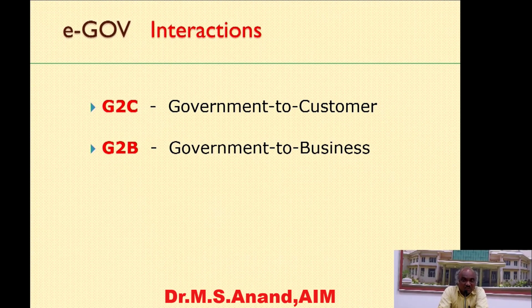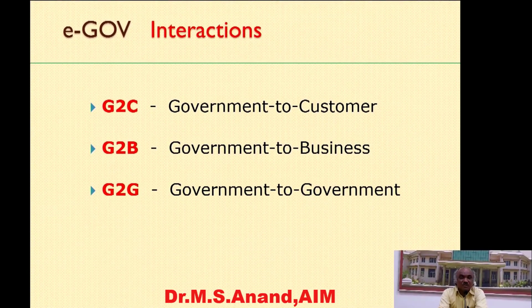The government to business services are a very good example. The e-tendering systems are available nowadays. Many of the tenders are floated on the websites, and from that the vendors download and upload everything. So e-tendering processes are going on, and recently GeM has been introduced, called the Government e-Marketplace. It is a platform through which government departments sell products, and it helps government offices procure things. So these are G2B.